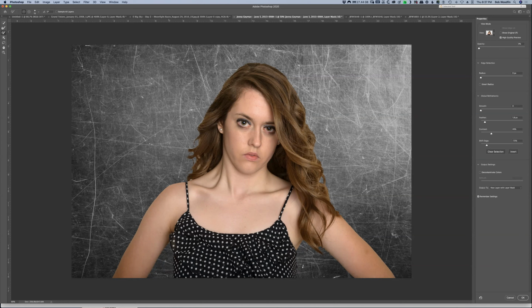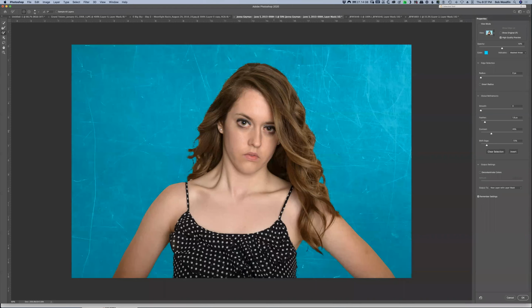Now, if you notice, it did a pretty good job of cutting her hair out here without me doing anything. So her hair looks pretty good. But you have this shift edge, and this is what I wanted to show you. Right now it's at -72, so it's way over here, which means that's why it is causing, whoops,